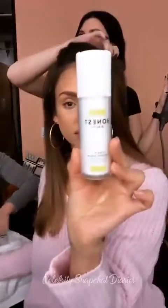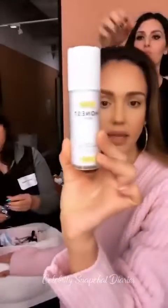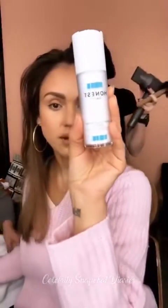And here, let me put vitamin C. The vitamin C brightener. So you put this serum on every morning. And then at night, our retinol. So you can get this retinol right here. And I recommend that if you're going to start on a retinol, just start it once a week,